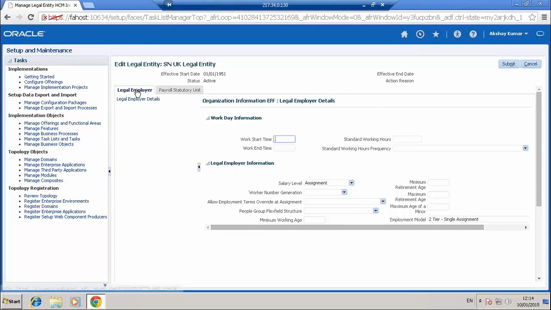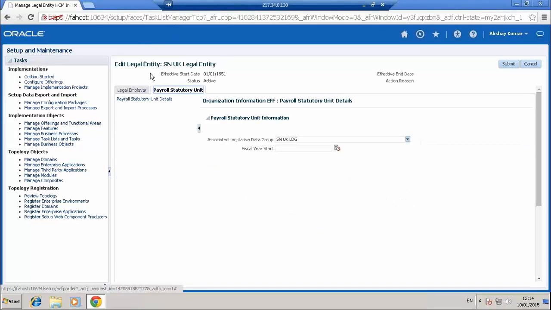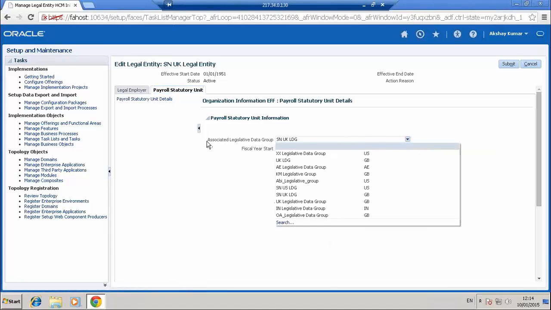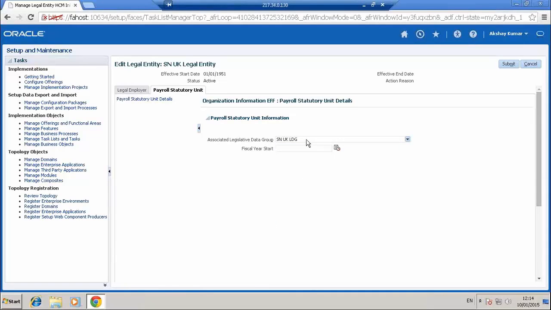Second, if you see the second tab, this is the tab where you link the legislative data group with the legal entity. This is the legislative data group which we created. Until you link a legislative data group with the legal entity, you will not be able to hire an employee in the instance.